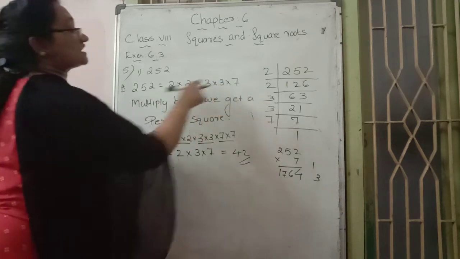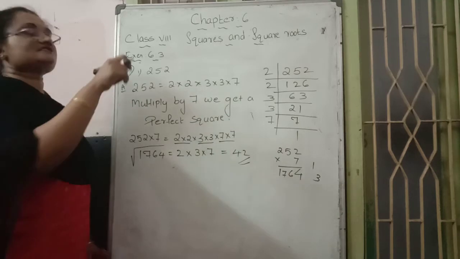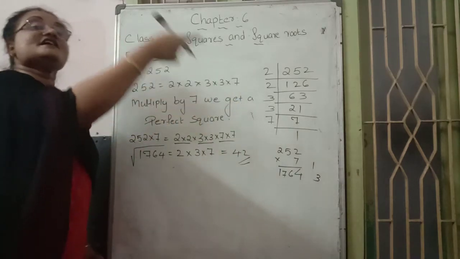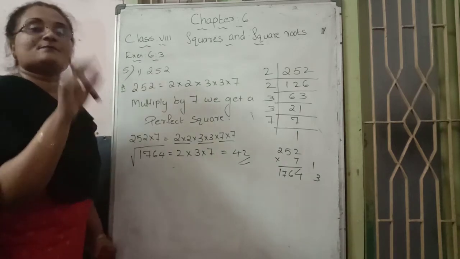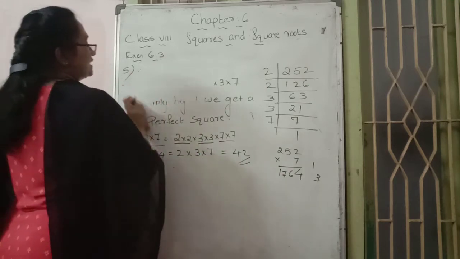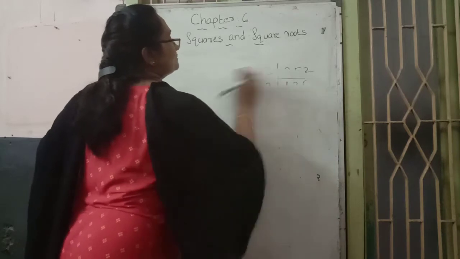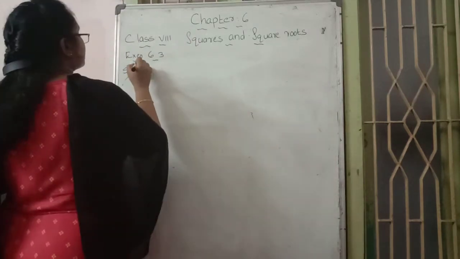Here, in the factors, one 7 is missing. That is the reason. That missing 7 we multiply. Any change made in the factor place, the same change must be made in the number place also, then only we get a perfect square. I hope you can understand this. One more question, fifth Roman. One more question, the same model question. Here, second question,